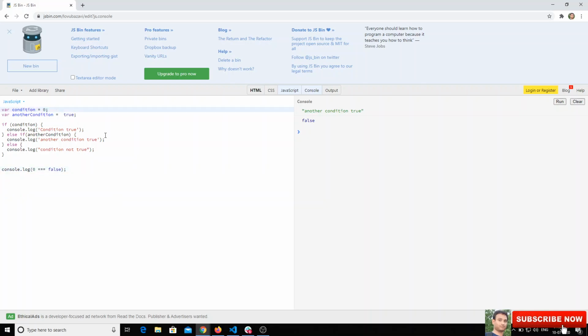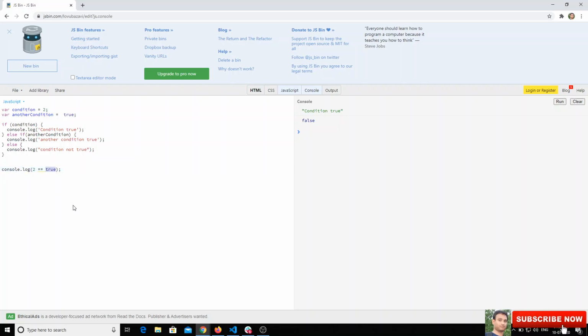Now let's write 2 here. If I run, we still get condition true, but if we check whether 2 is equal to true, we get false. Why? Because 2 is not equal to true.